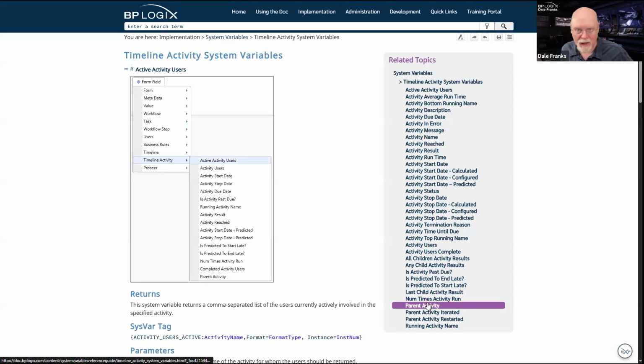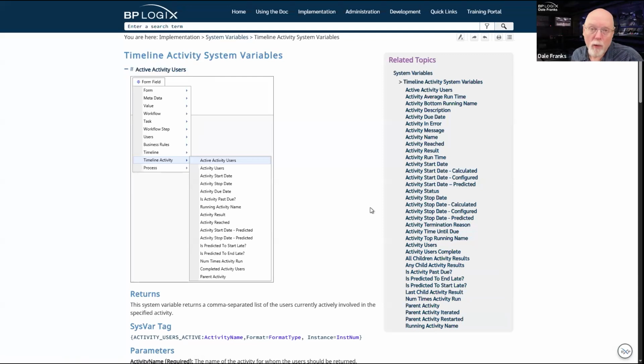So based on which one of those you use and where you might happen to be in the activity and how the activity is set up for task assignment, e.g. parallel, in sequence. There's also round robin. There's also the user who has least number of items in their workflow. Active activity users might show me everybody, or it might only show me one person.